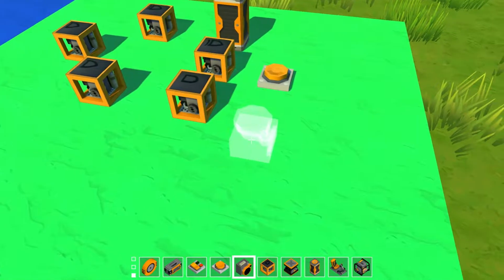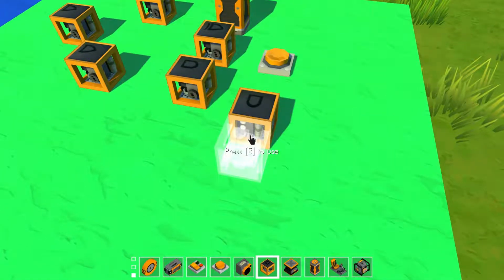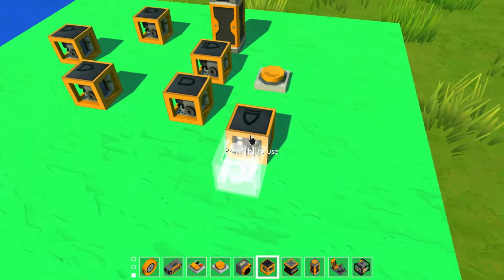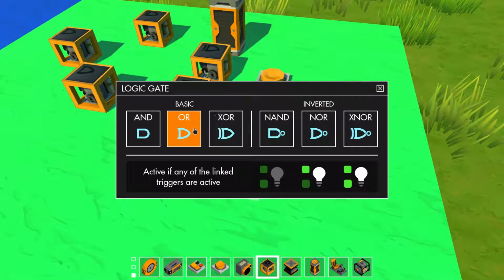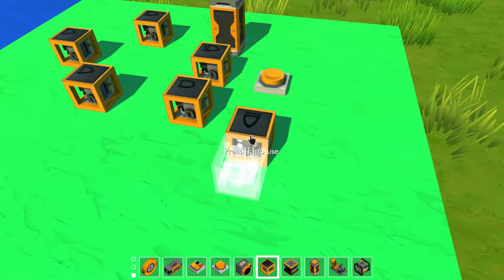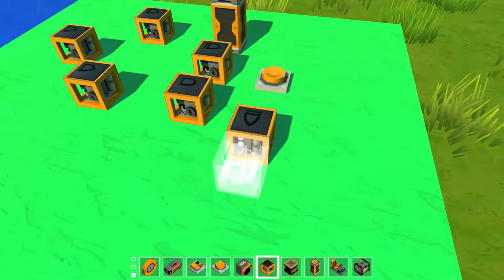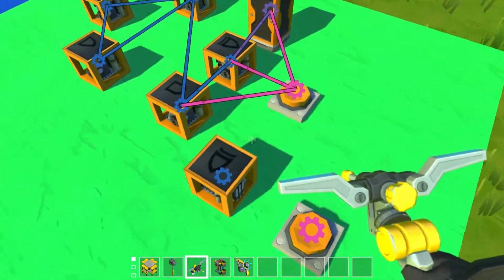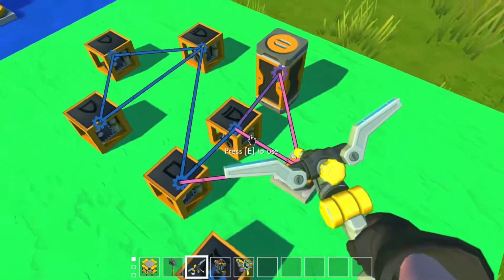Now, one thing that I can show you is, if I set this to an XOR, so if only one of the things is linked, I could set this to an OR with the demonstration I'm about to do, but with an XOR it's a lot safer, mostly because only one will be active. So let's, in this case, for the